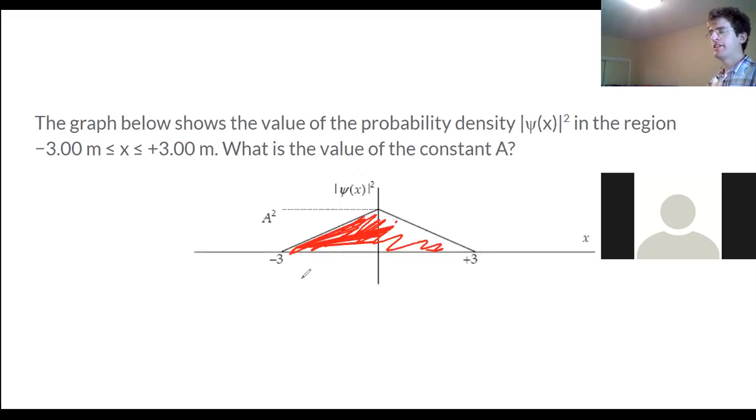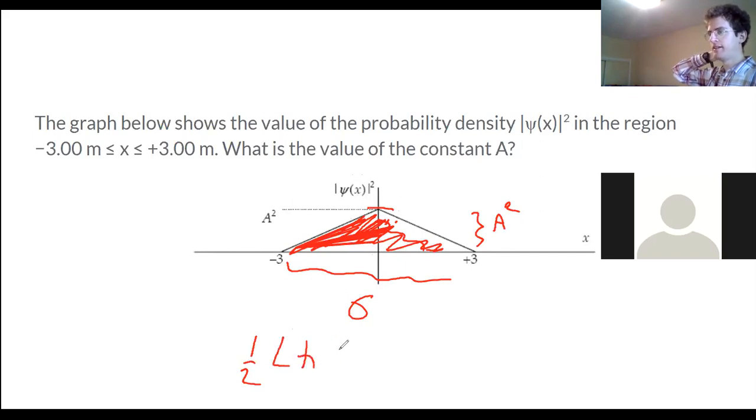So this is a triangle of length 6, and its height is a squared. So its area has to equal 1. So we say, okay, then the area of this triangle has to equal 1. The area of a triangle is always 1/2 its length times its height. So it's going to be 1/2 a length of 6 and a height, which is a squared, which gives you